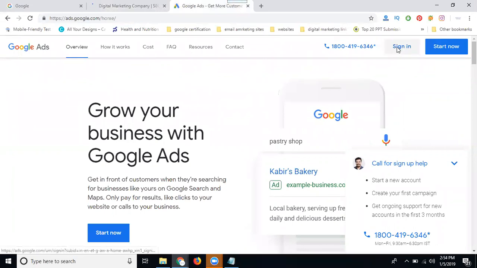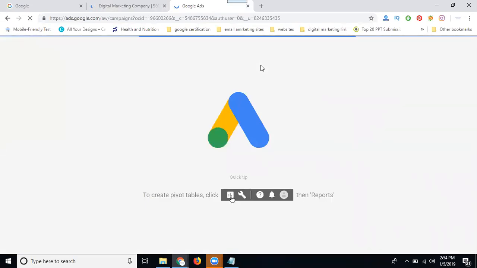First, you sign up for AdWords. AdWords can be accessed in two ways: google.com/adwords, or ads.google.com. After signing in to Google Ads, it depends on CPM, cost per mille, or CPC, cost per click. Any display ad is divided into two options: CPC, cost per click, and CPM, cost per mille. After starting your AdWords, just continue the sign-up process.